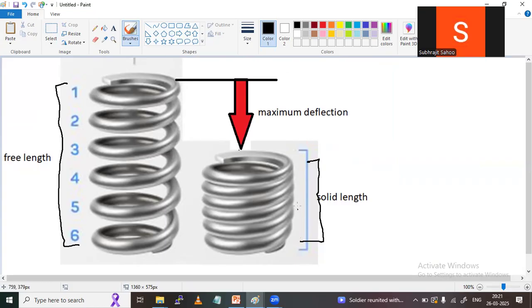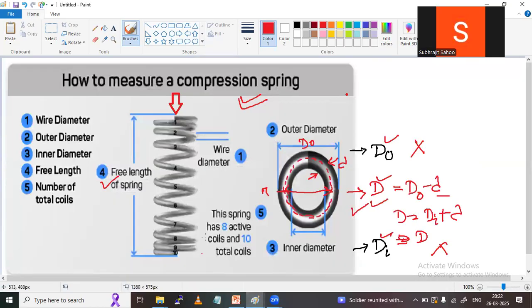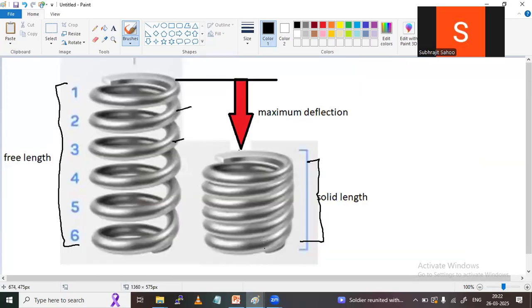So that means here some pitch will be there. Pitch is what? Coil to coil distance is called pitch. So here this coil to this coil distance is called pitch of the spring. So here some pitch will be visible, but when the load is applied on the spring, the coil will get closer, and